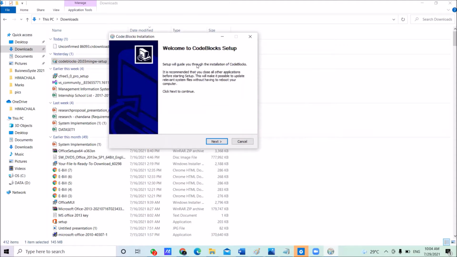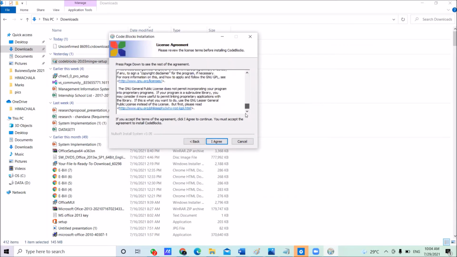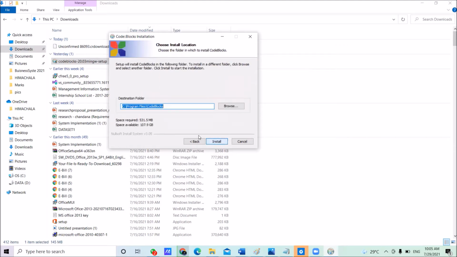Read carefully what is inside these boxes and click the next button. Then they give their license agreement. You want to agree with this license agreement. Click I agree. Then choose components. Here no need to remove anything, keep it as default. No need to change anything. Then click next.